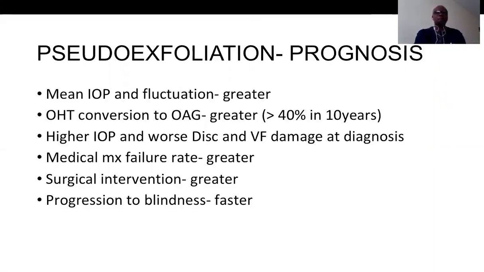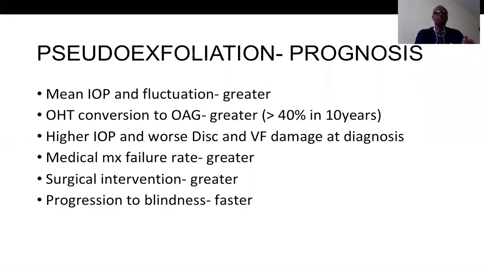And then they are usually found at presentation to have a higher IOP and worse disc and visual field damage at diagnosis. Medical management failure is higher in them, and they tend to require surgical intervention much more than